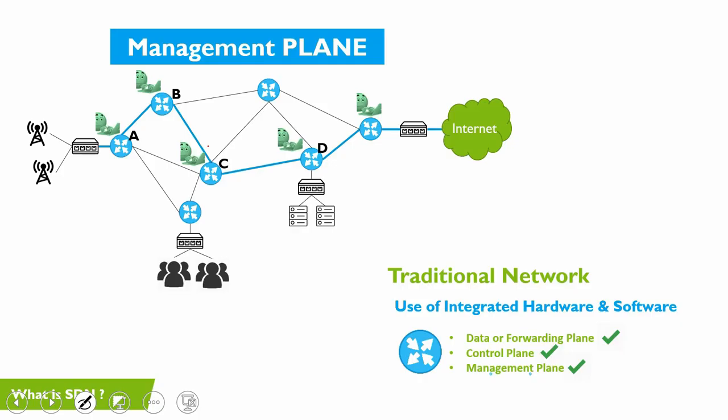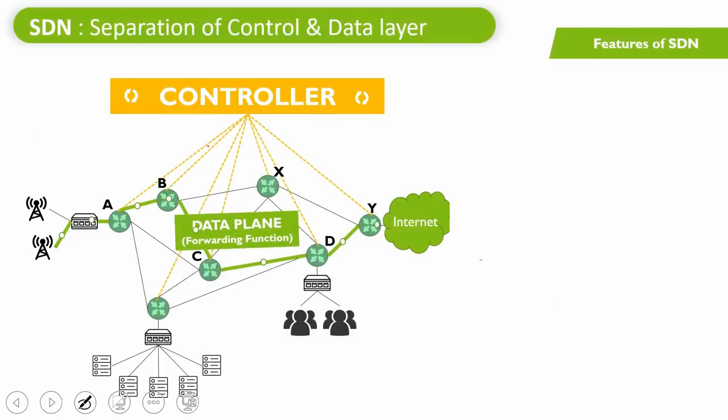Now we have covered all the three planes out there. The data or forwarding plane, the control plane and the management plane. Now let's see how SDN simplifies the life and what good things SDN is going to bring to this particular network. This is SDN powered network wherein the controller or brain of network is separated from the data or forwarding plane. SDN will change dramatically the way we are designing the networks, the way we are managing the networks, the way we are running our networks.